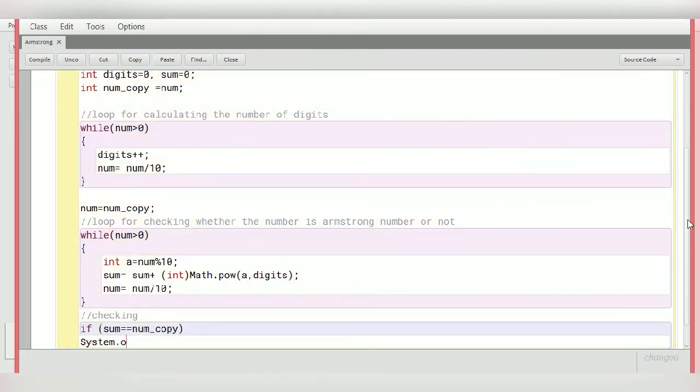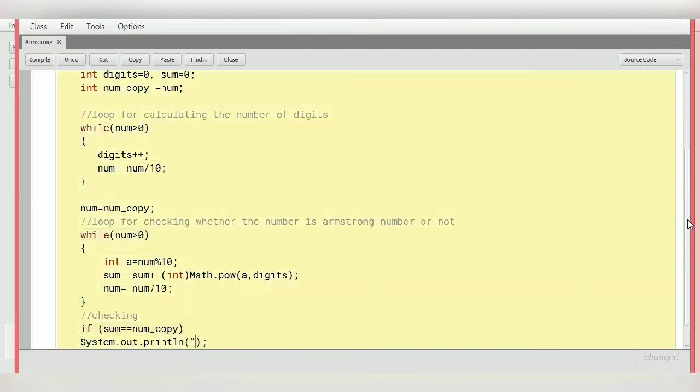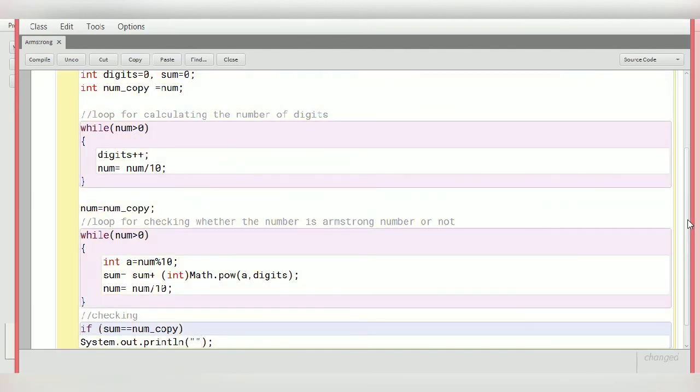If it is equal, then System.out.println. What we are going to write over here: the number, that is your number copy, is an Armstrong number.